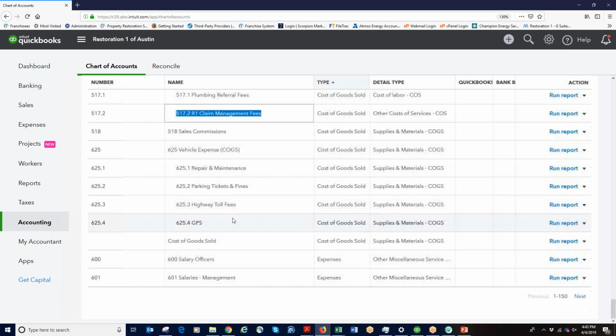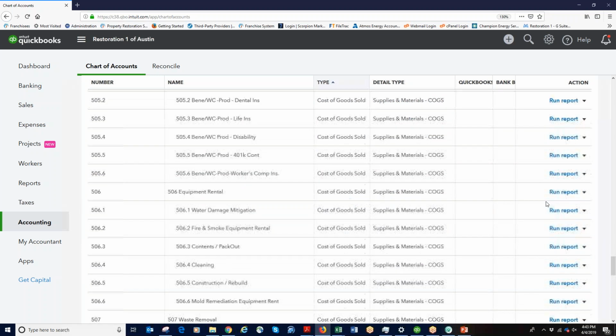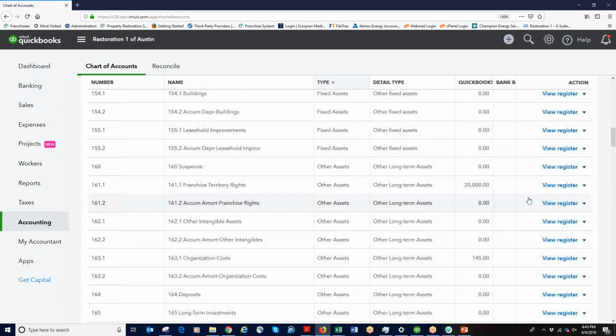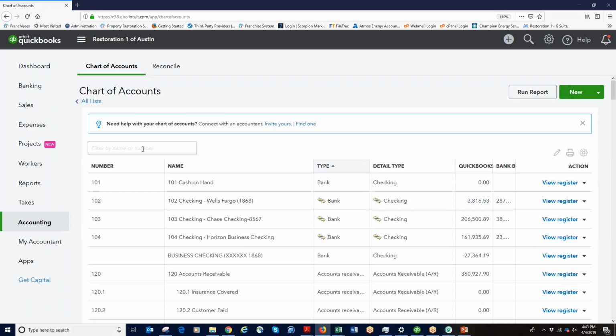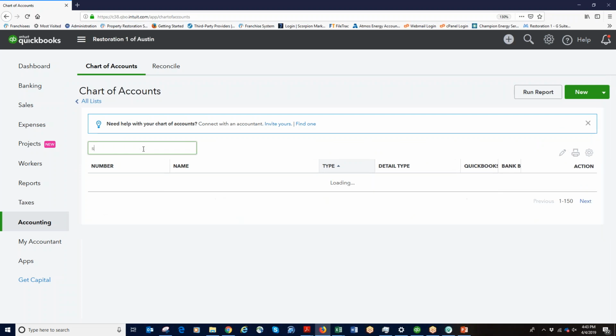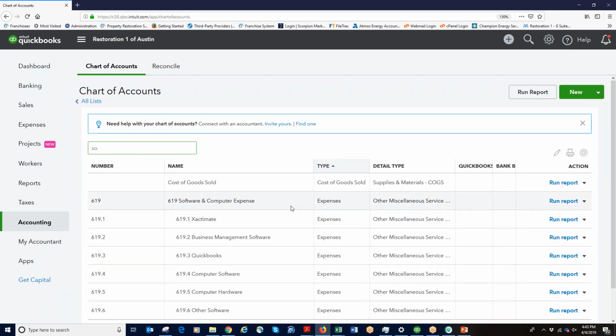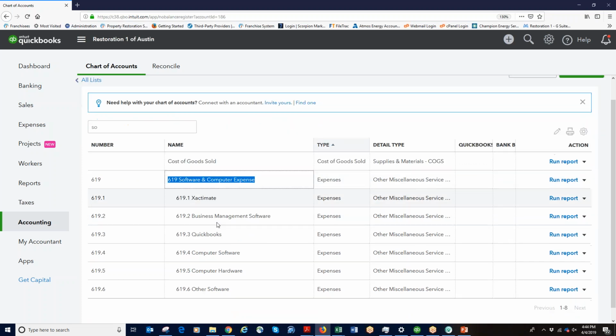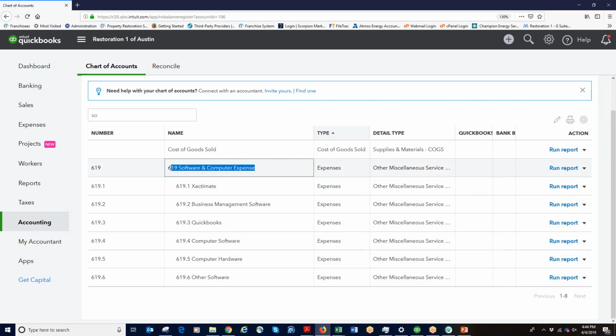Next, what we'll do is we're going to scroll down and we're going to add this because the majority of the dispatch fee covers multiple different things. But we're going to look for our software, and this is going to be in our 600s. And notice it's going to be at that 619. Obviously, the dispatch fee includes software costs, handling the call center, handling the person that's actually dispatching, some of the mapping, those kind of things. But we're going to put that in here. Go ahead and put it at